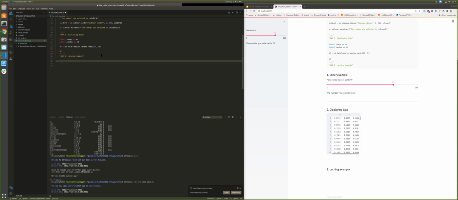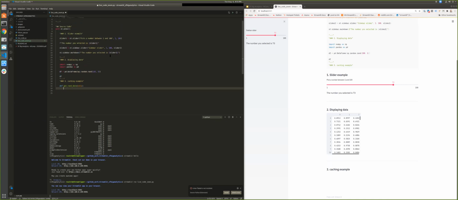What we can do is define a function, and let's assume that we want to actually generate a different number of columns. We want to make this selectable. And so what we can do is